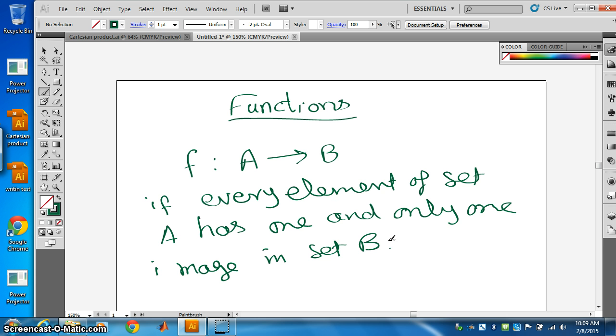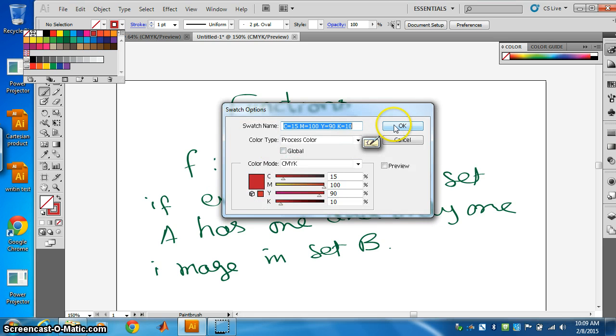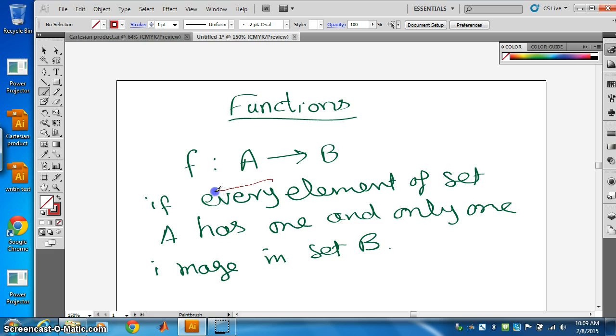Here these two points are very important: every. So I will circle this with some other color so that you remember it. Every element of set A has one and only one image in set B. For example,